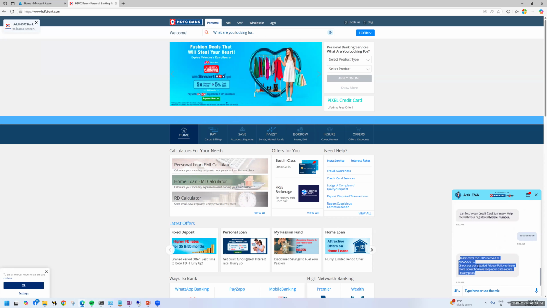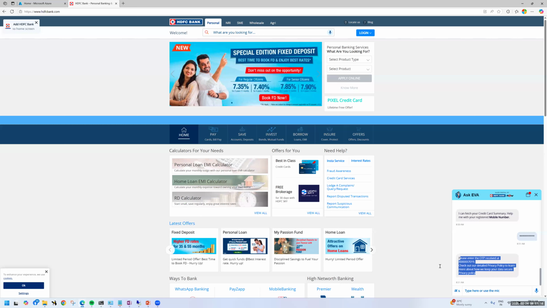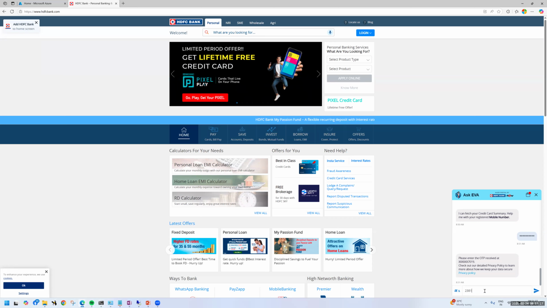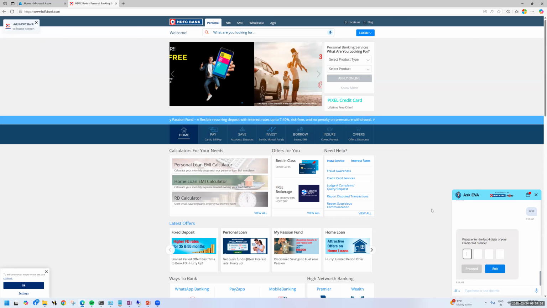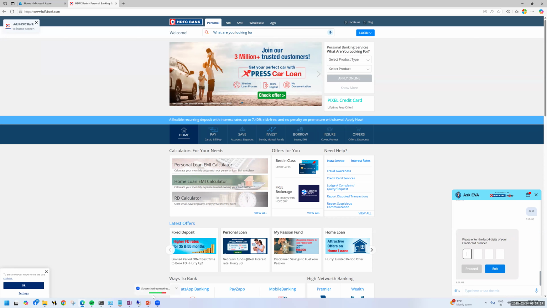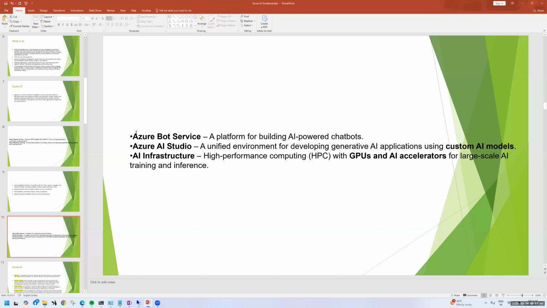Clear, guys? See, this is what a chatbot does. It is searching inside the HDFC database and giving the results. Okay, 2381 is the output. When I click on it, it will give the information, the 4 digit code. After validating it, whatever you are looking for, it will give the information. This is what a chatbot is, that is what I am currently discussing, guys.